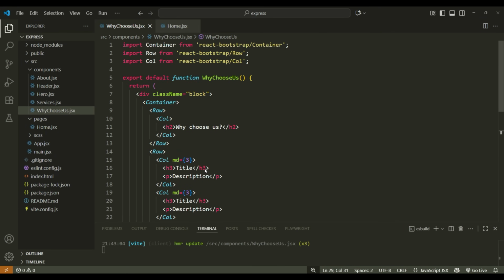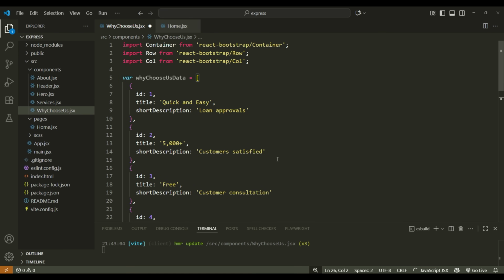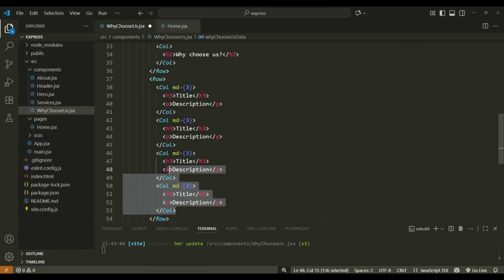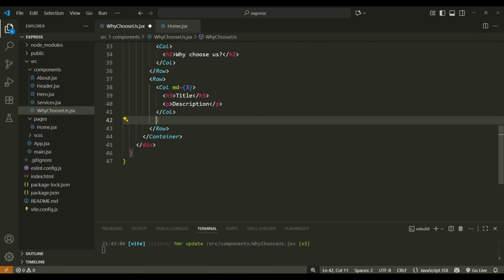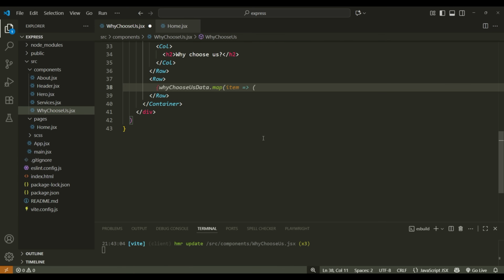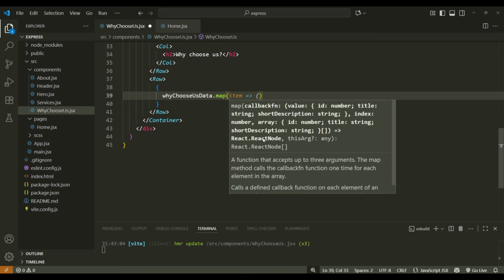Since we will be using dynamic data, I will add the data at the top. In this data, we have ID, title, and short description properties. Now, since we have the data, we can use map method to show our data. First, remove 3 col tags. Cut this col tag. Add curly braces YChoosersData.map